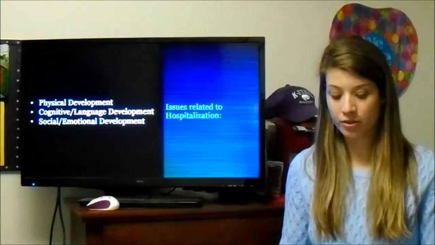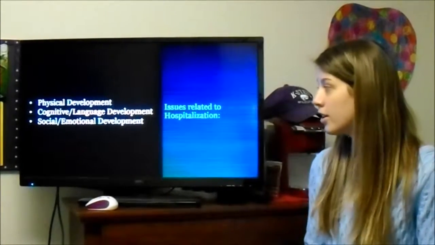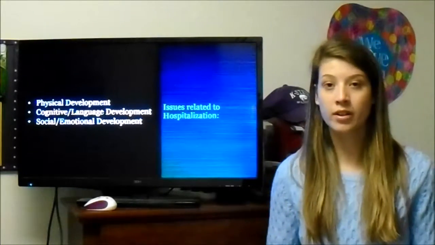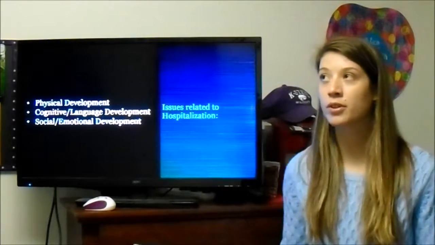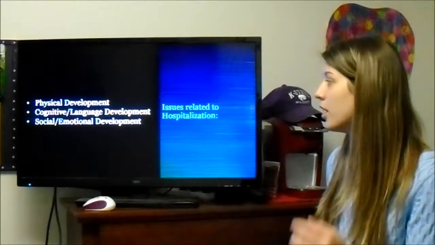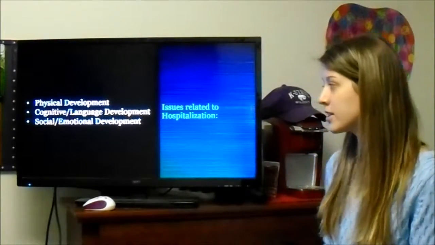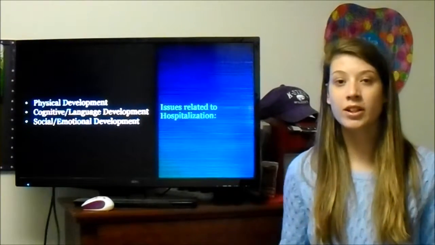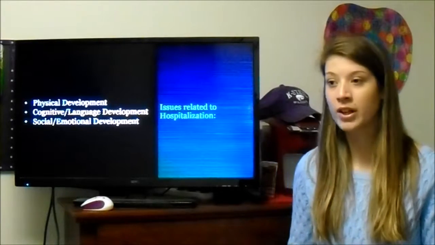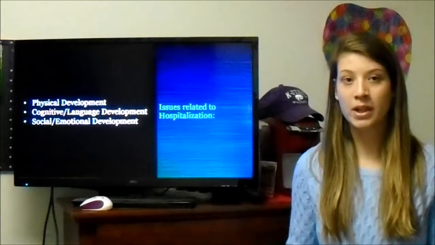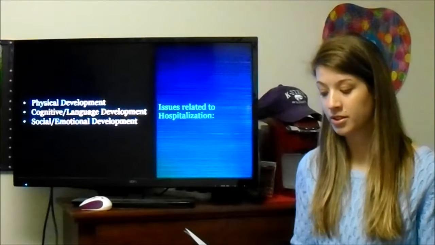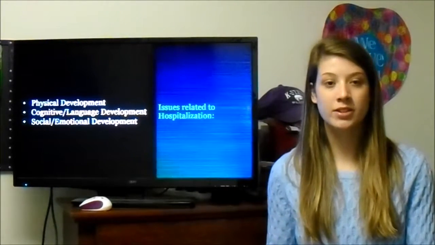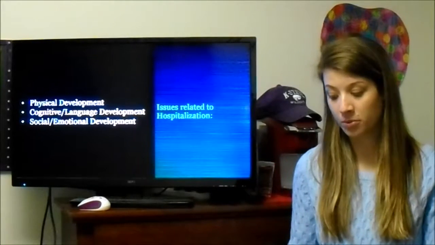There are many issues related to hospitalization. The first one is physical development. There's a lot of things. It can be really scary for kids any age in the hospital. The first few things I think it's important for people to realize about the issues during hospitalization is that kids feel like they have lost control. This is very common because there's many people around them that they don't know, and it's really hard for them to understand. It is also really hard for them to visually see because there's so many weird things around them and they're not in the normal space.